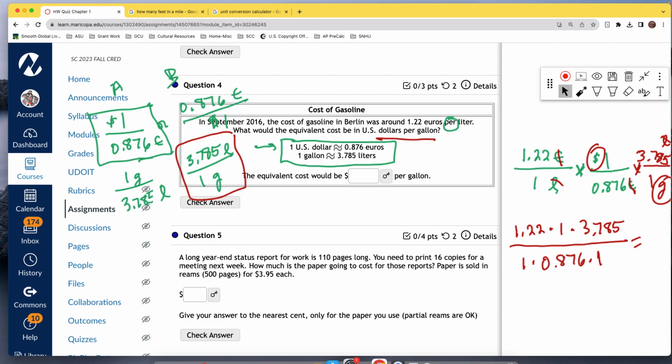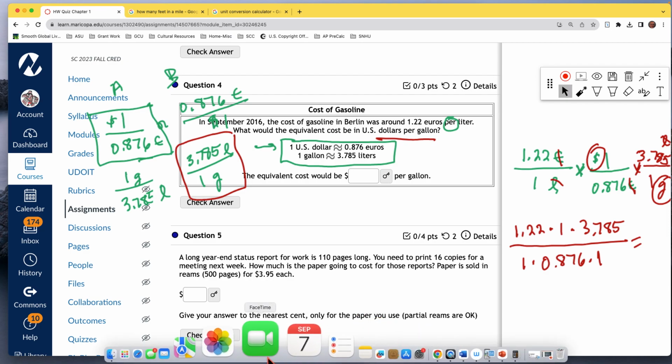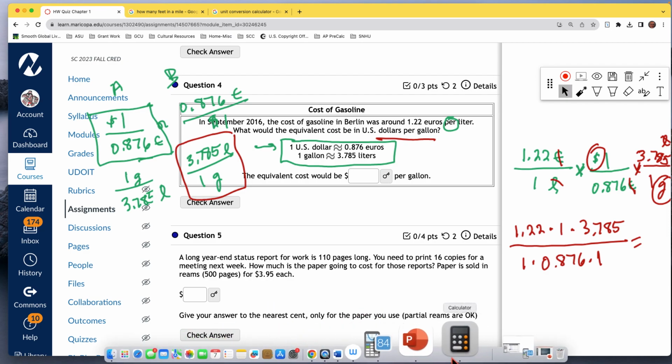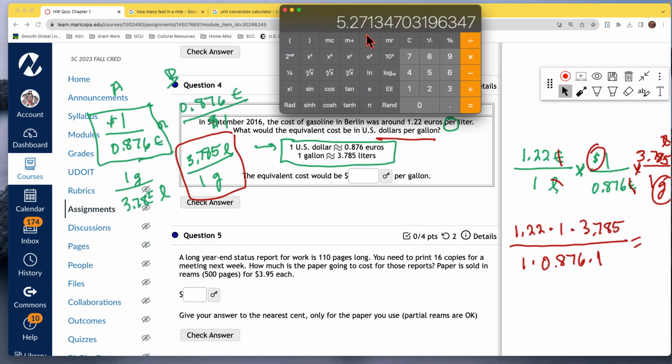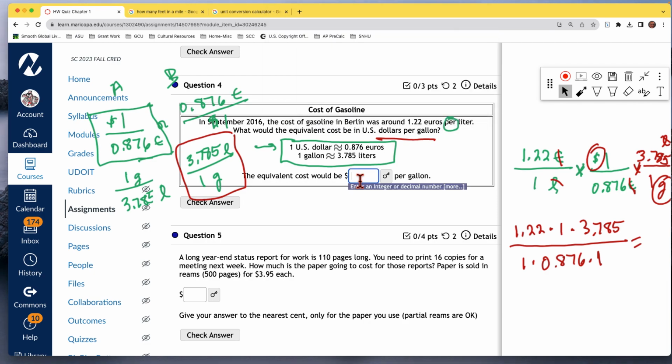See, did I get that rounded correctly? I didn't check real carefully. 527, next to the 7 is a 1, so yeah, I would round that to 7. So $5.27. Okay, so this is a little bit of a stretch, so it's 2 conversions, but we can just basically,